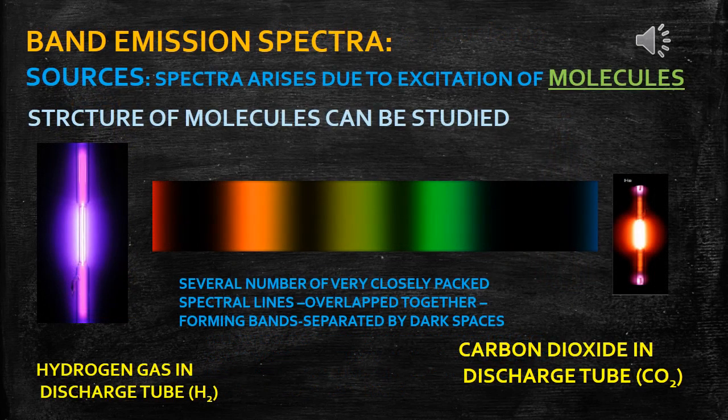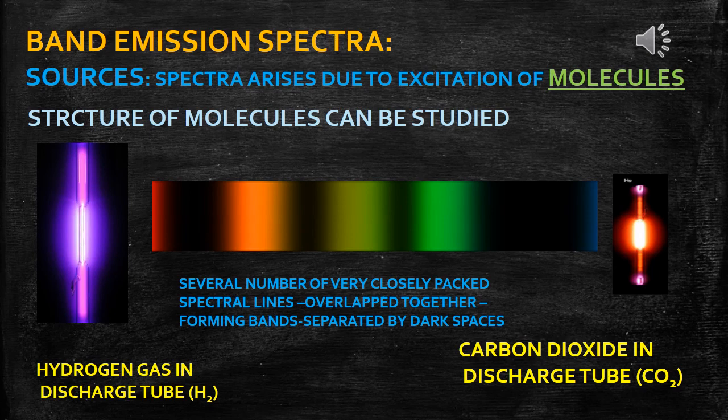The last category of the emission spectrum is band emission spectrum. Here within the discharge tube, the substance or gases must be in molecular form. If the gases in molecular form are excited, we are able to observe the band emission spectrum. Here in the spectrum, plenty of band-like structures are there. If you observe the bands very keenly, you are able to observe the fine structure of the band emission spectrum. So within the band, plenty of spectral lines are there.